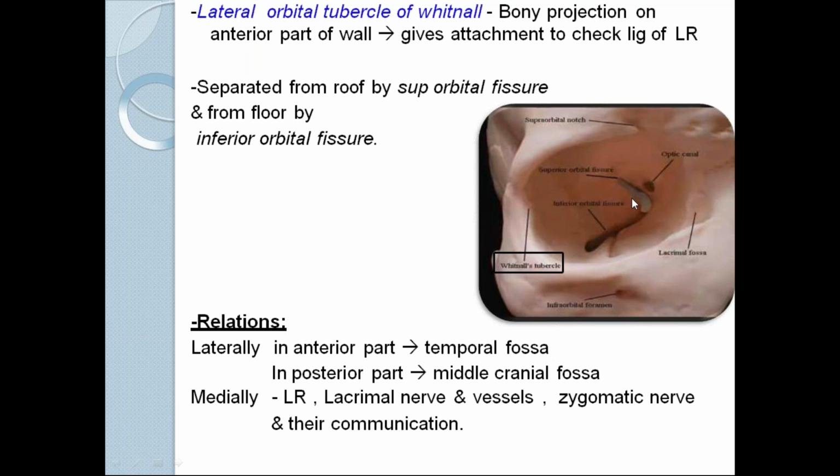Along with that you can also have a vein, the superior ophthalmic vein. In the middle portion of the annulus of Zinn you have the superior and inferior divisions of the oculomotor nerve. In the inferior part you will have the abducens nerve as well as the inferior ophthalmic vein. So these are some of the important nerves and blood vessels which pass through the superior orbital fissure. Now coming to the relations of the lateral wall. What is lateral to the lateral wall?